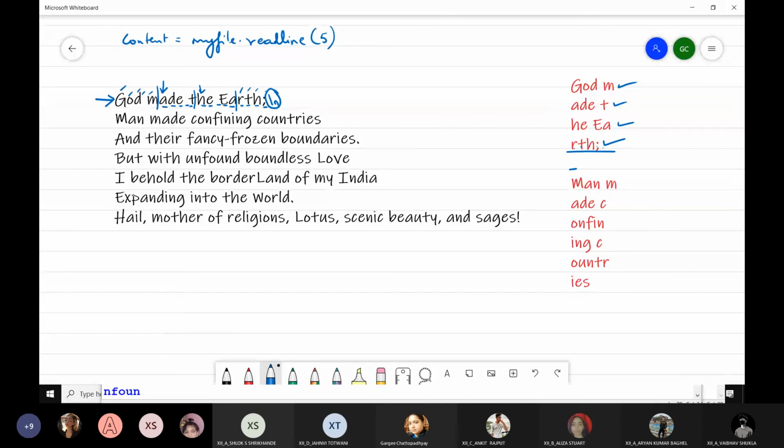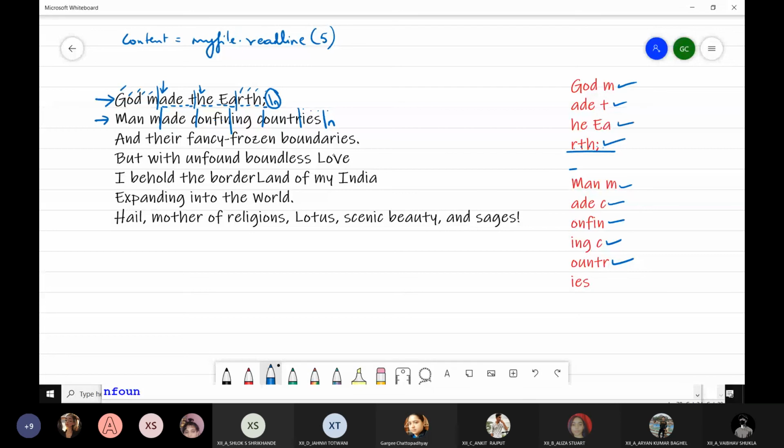Coming to the next line, divide it with a factor of 5. So these are 5 characters, then 1, 2, 3, 4, 5 characters, then 1, 2, 3, 4. Till here 5 characters, so you can see it is printed till here. Then ing till C is printed. Then OUNTR till here it is printed. And now you have 1, 2, 3, 4, IES and a new line character.